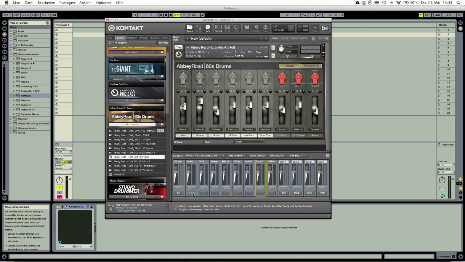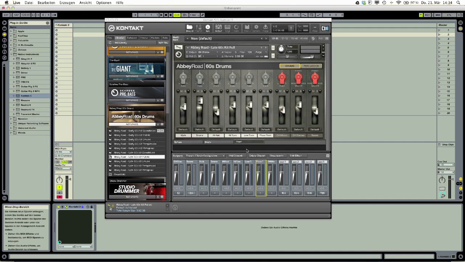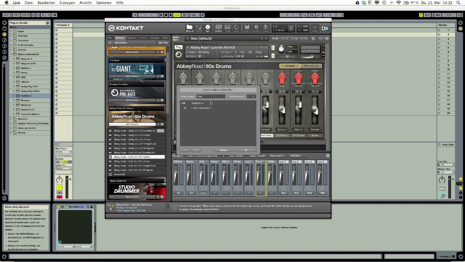You click down here. Stereo overhead will by default be output 1 and 2. For the room microphone we take 3 and 4. Then we go with the mono, which will be 5, 6, and so on.